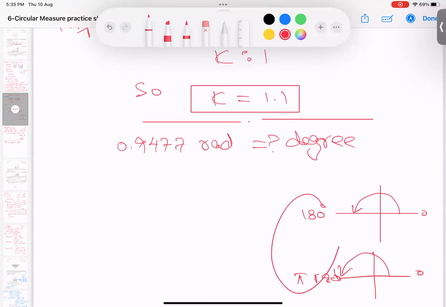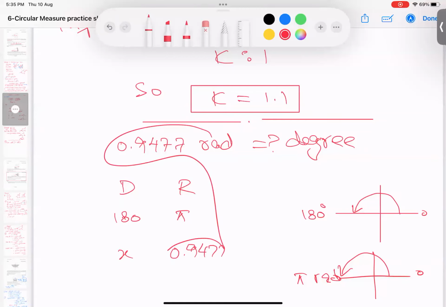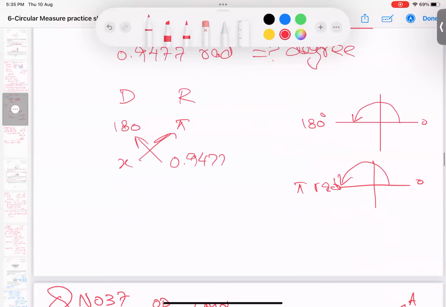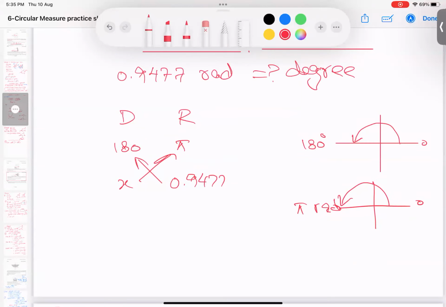And these are equal to each other. So I'm writing here D for degree, R for radian: 180 degrees equals pi radians, and 0.9477 radian equals how much? I copy this radian here and simply cross multiply. So X equals what? 180 times